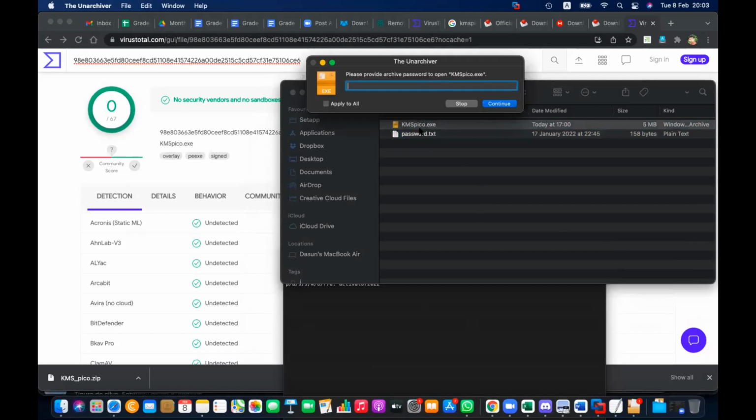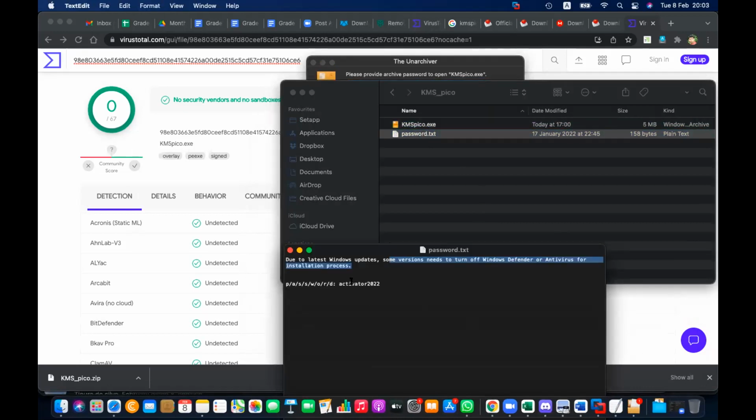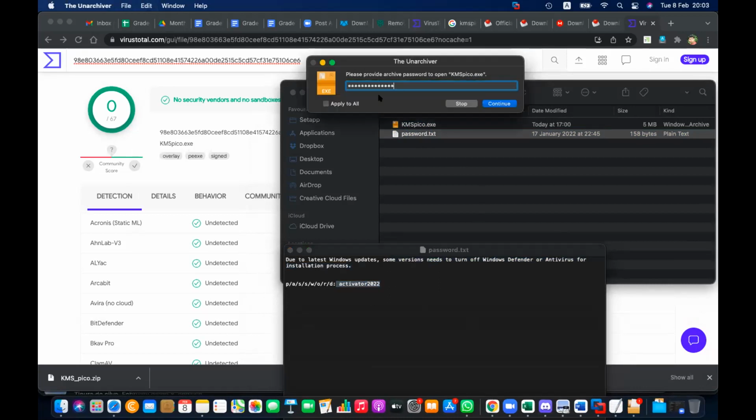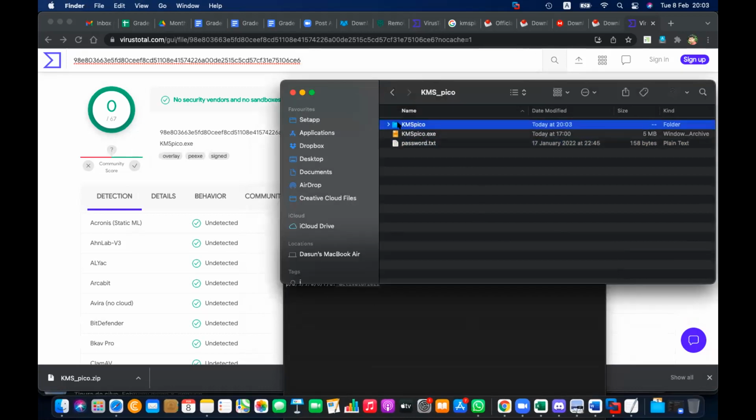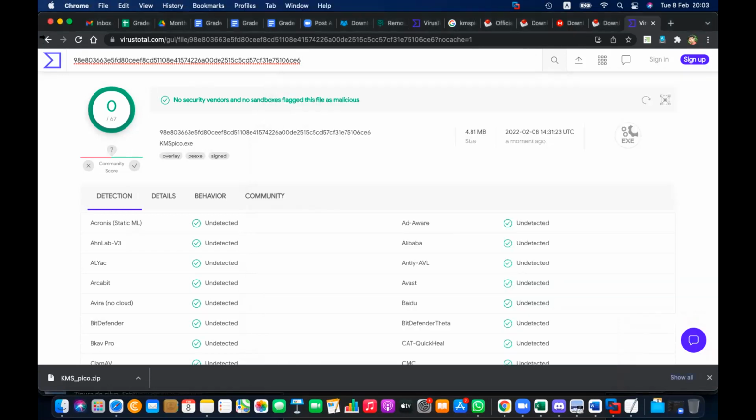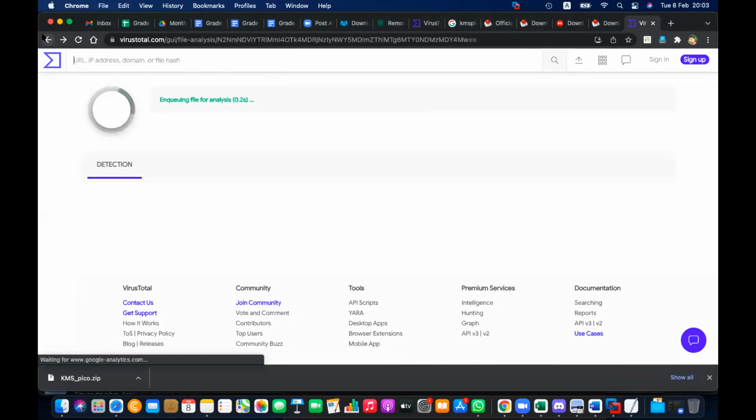Okay, here's the password. It's asking for a password. I'm going to give the password. This is the password and out space. Okay, now comes the setup. Then setup again. Okay, now I'm trying to install. Now I'm trying to check this. So that's the secret. Okay, let's try this now.